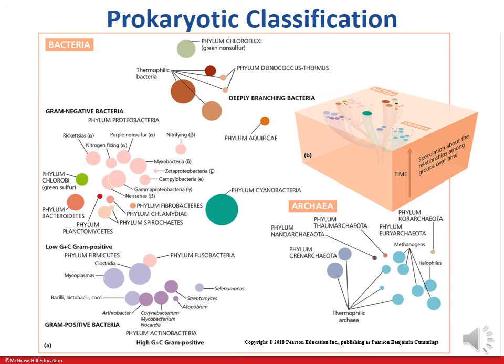But you can see the bacteria are over here on the left, all the archaea are here on the right. There's this big blue dot in the middle here called the phylum Cyanobacteria. If you think of cyano as in blue, those are the photosynthetic bacteria. I shouldn't say small, it's a large group, but they're photosynthetic bacteria. But you can see that where they sit tells you how closely or not closely related they are. What we're going to take away from this and from medicine is that, for example, if you